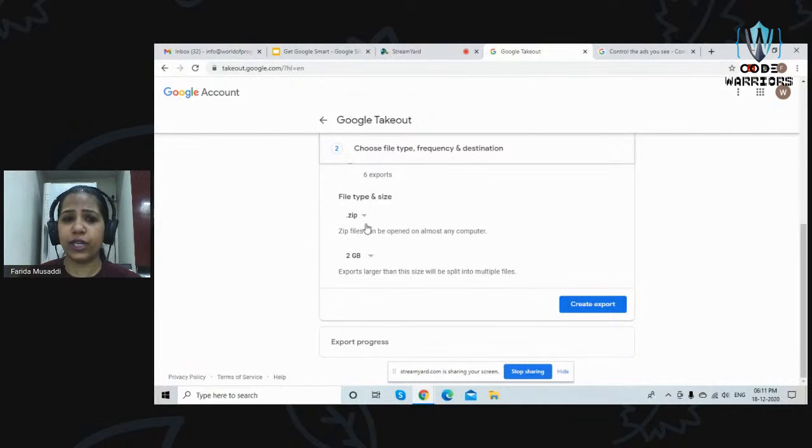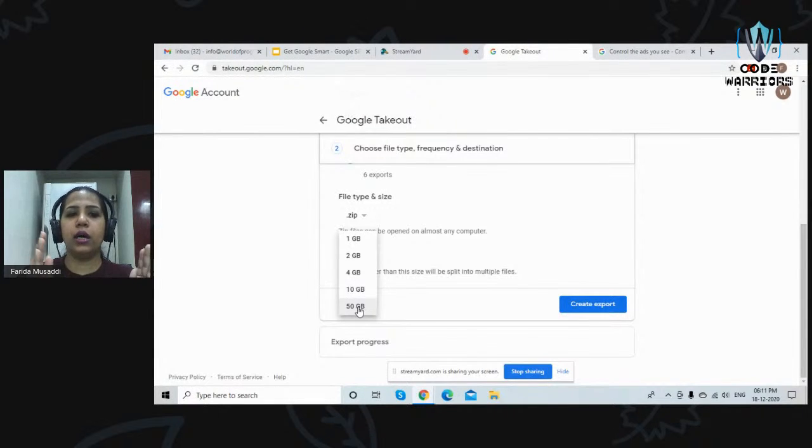Do you want a zip file? Or there is a .tgz file. So you can select which file format. And if the file data is going beyond 2 GB or 4 GB, then it is going to partition your data. So you can again select what is the maximum file size you want to allow.